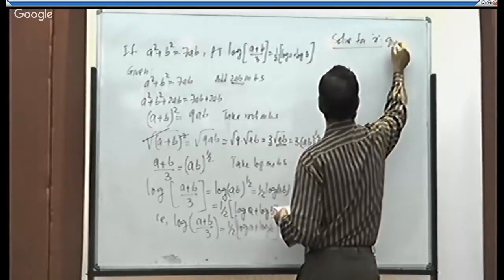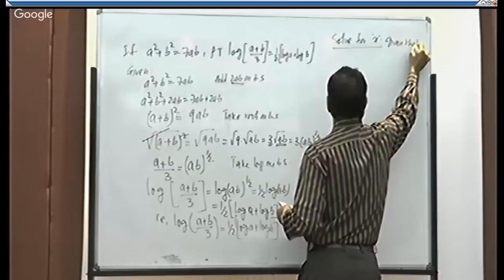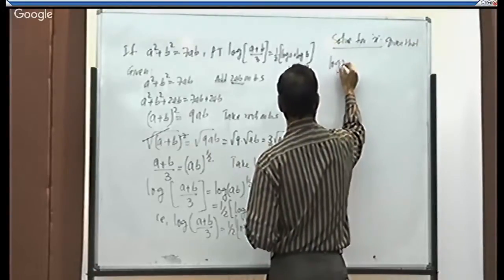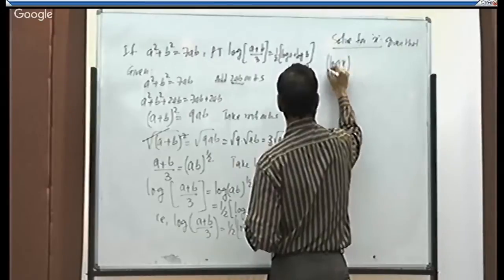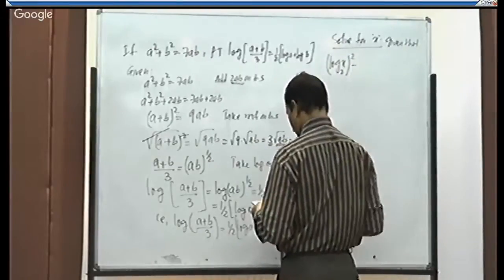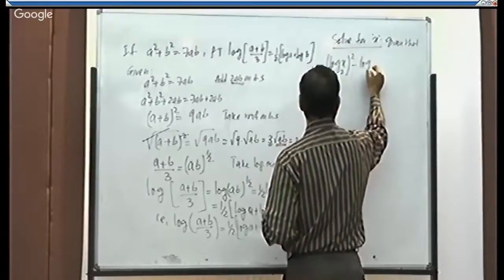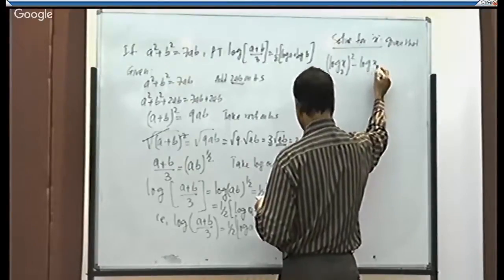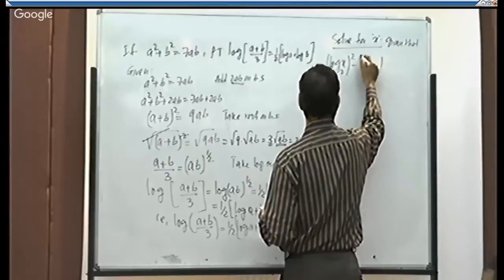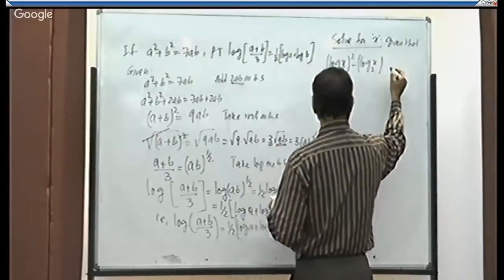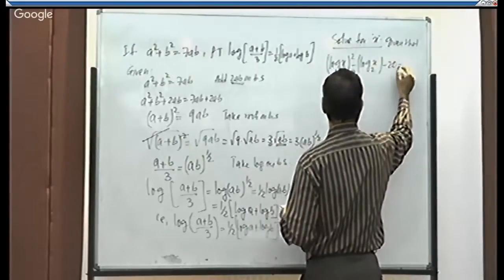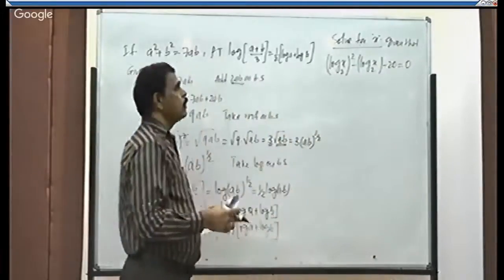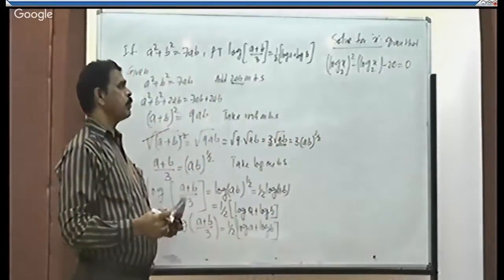Given that log of x to the base 2 whole square minus log of x to the base 2 minus 20 is equal to 0. So log